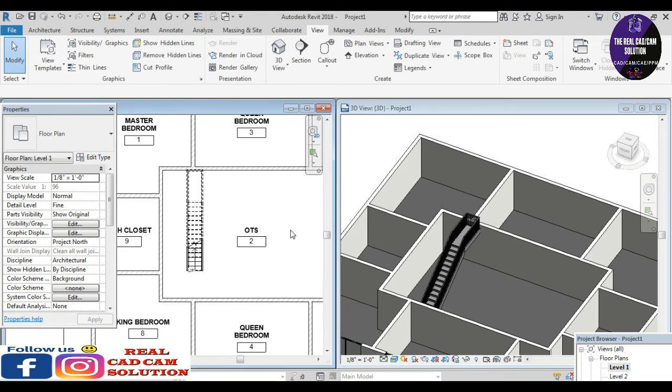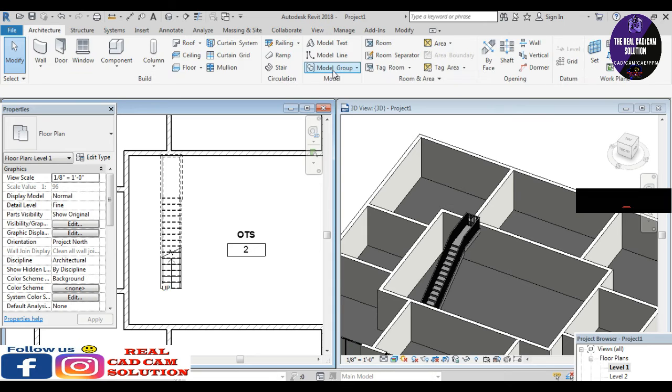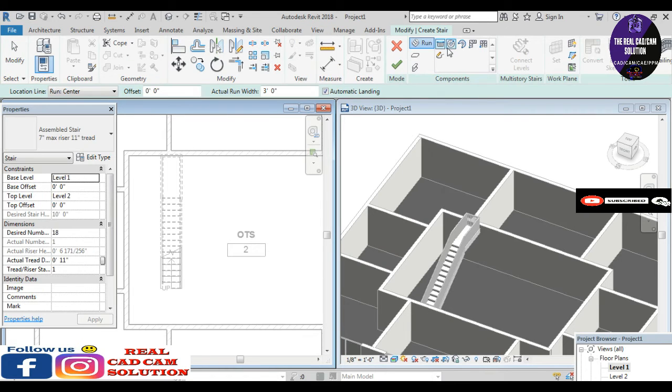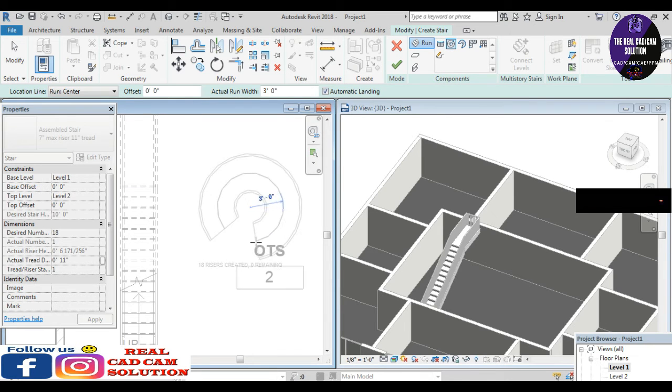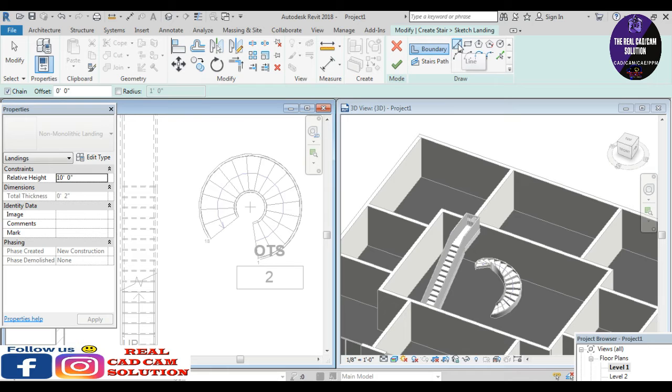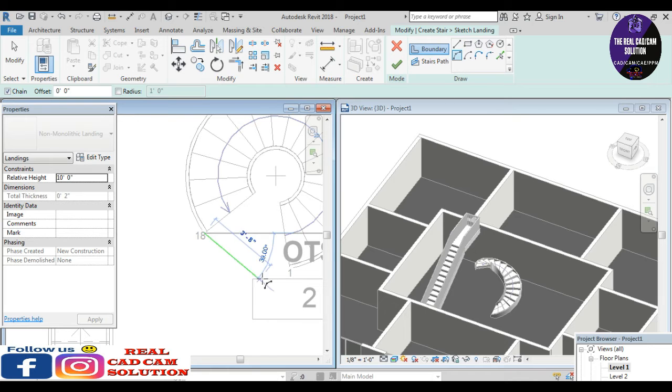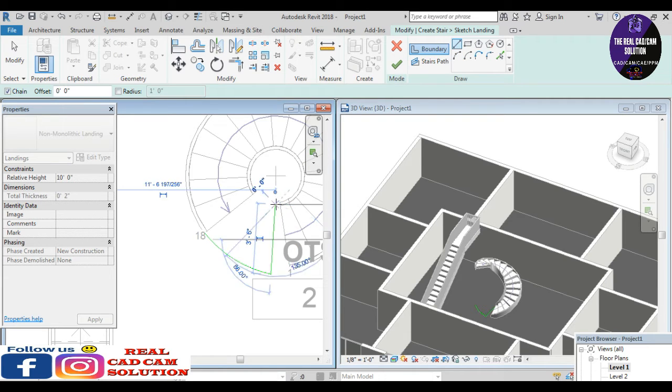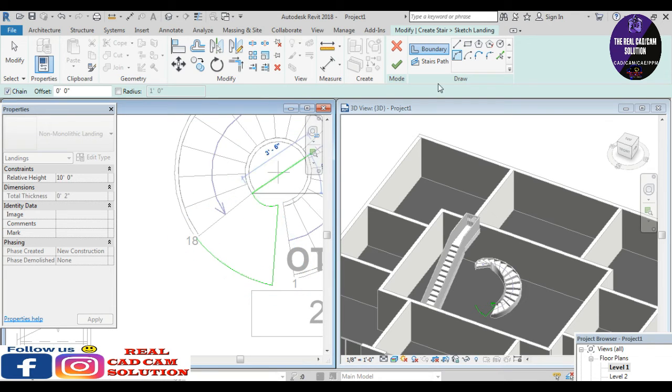Okay, go to the stair, give the full step spiral stair, draw like this, give some radius. The value of the interior spiral section, go to the landing, draw the sketch using the 3-point arc. It's a landing type. Okay, place it like this and draw over like this. Okay, nice, very nice. And just click the finish tick.